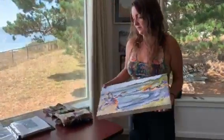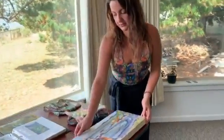And I like layering acrylics in a translucent way to get this really